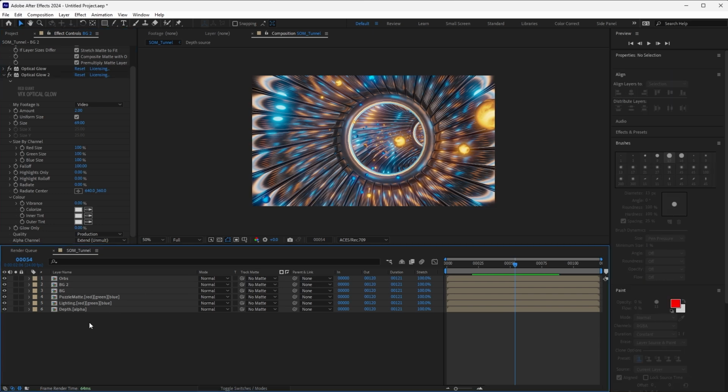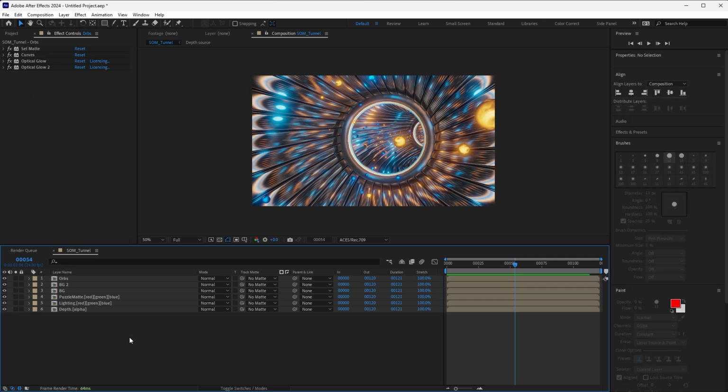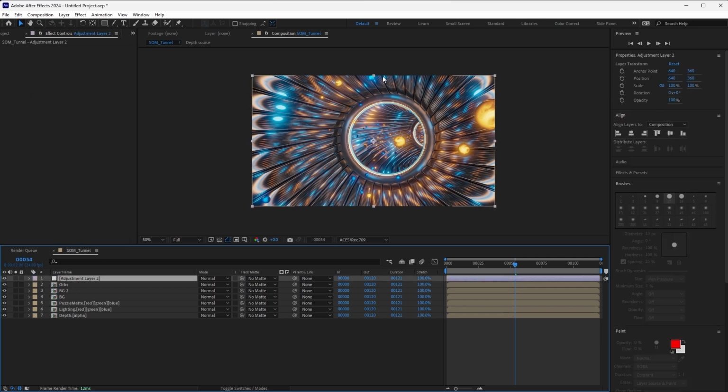Now, some of this is going to be helped with depth of field, and I can actually use the depth layer to add a little bit of haze running through the tunnel, so it's not just all kind of one perfectly clear image running through it. But for right now, I'm actually going to just very simply start out by doing a quick color correction on